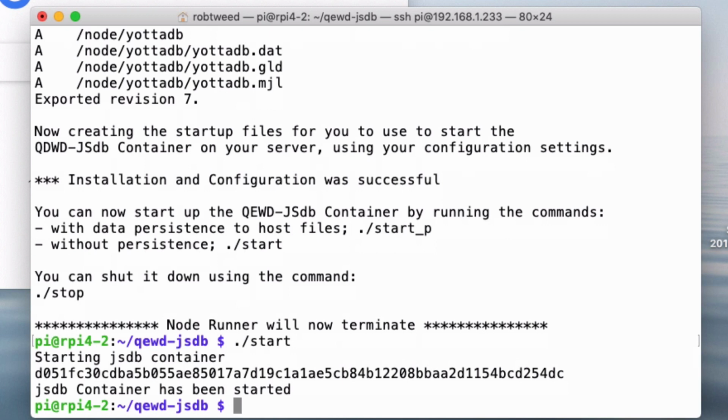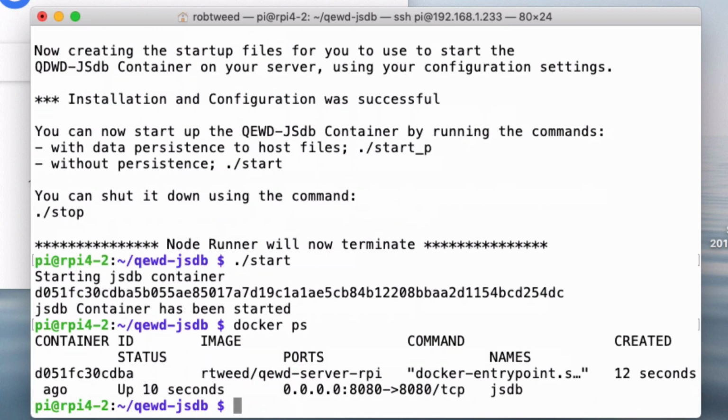And you can see that we've started the QEWD container. Let's check it. And yes, there it is running, ready for me to take the QEWD-JSdb tutorial, which will actually be the subject of another video in this series. For now, let me show you how to stop, restart and reconfigure this QEWD instance, and also how to monitor